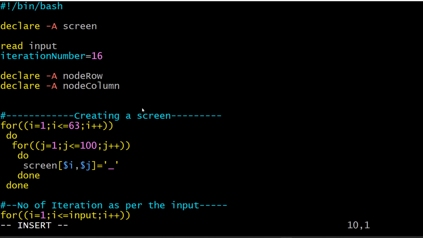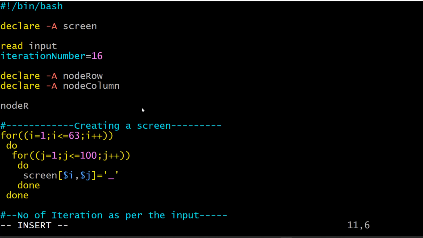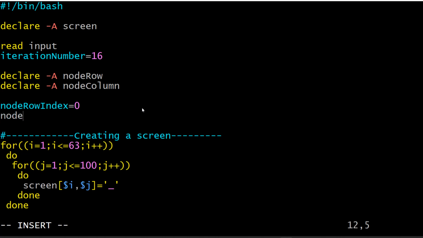So for that, I'm going to take two variables through which I'm going to count the indexing number. The first variable I will take as node row index. Let's keep the default value as 0, and another one I will take node column